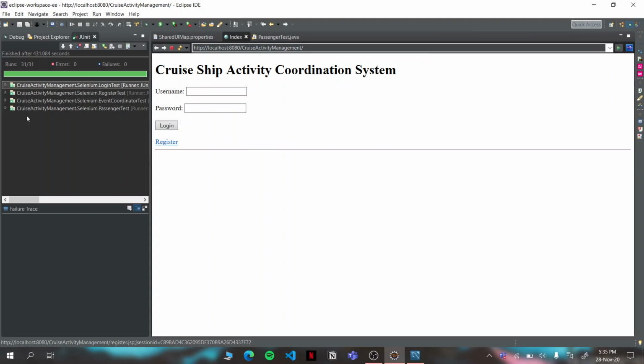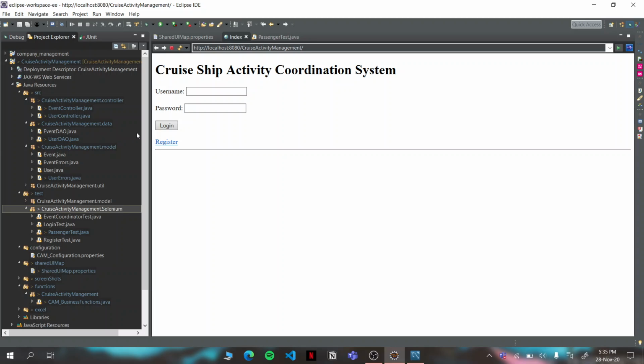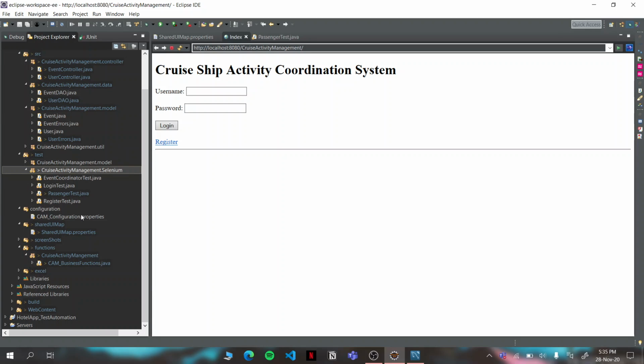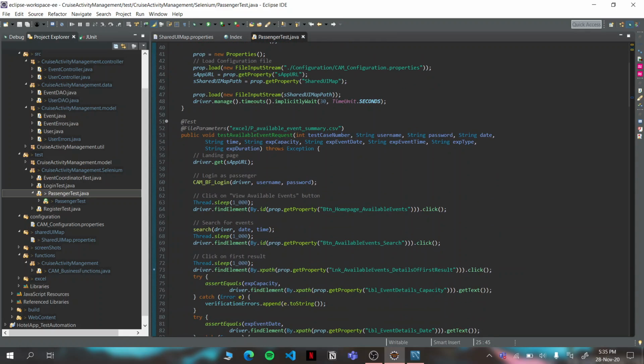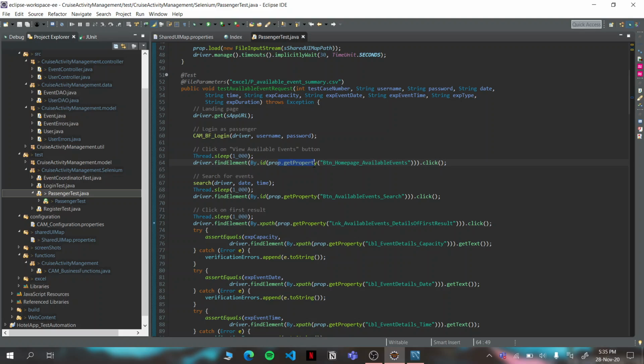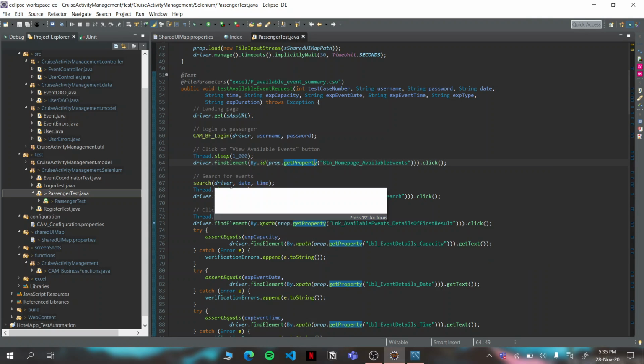And there you go. Including both event coordinator and passenger, we were able to get 31 test cases till assignment 5. Regarding the project architecture, it stays pretty much the same. The only difference in this assignment is that we included the passenger test Java file, which also follows all the conventions, such as the name should be in ascending order when the tests run, and the get property function has been used to access variables,